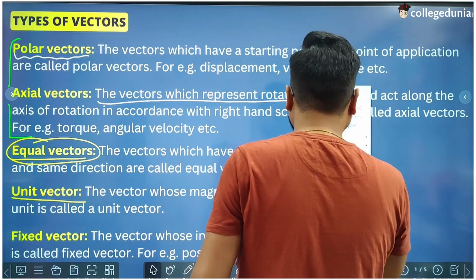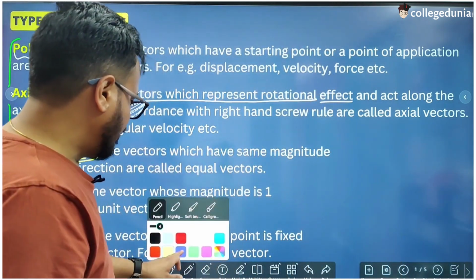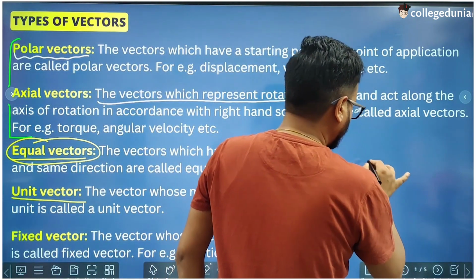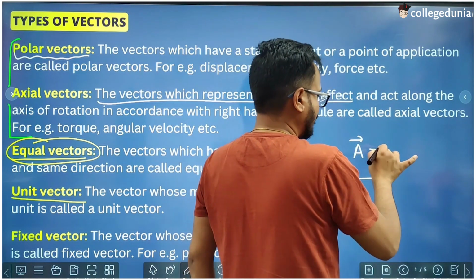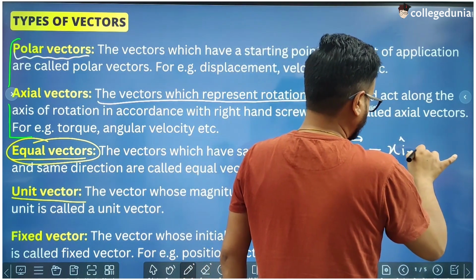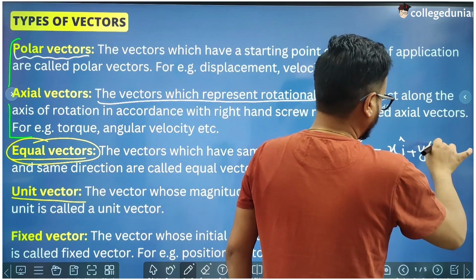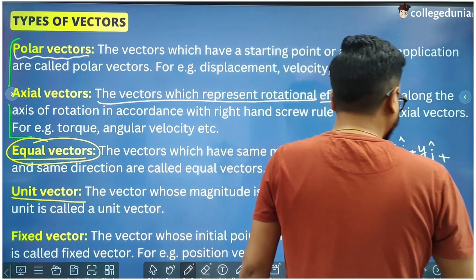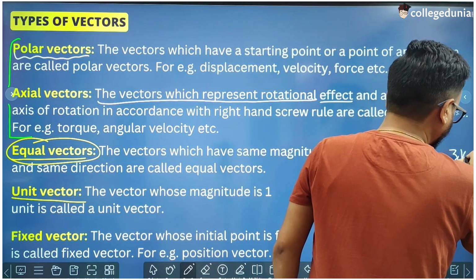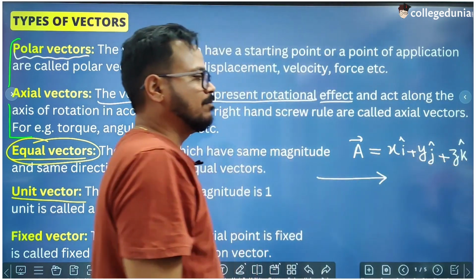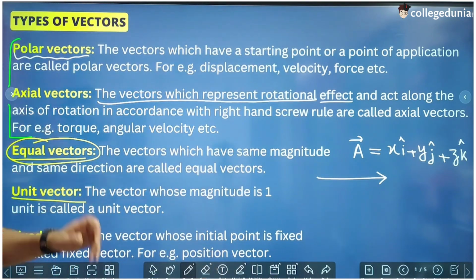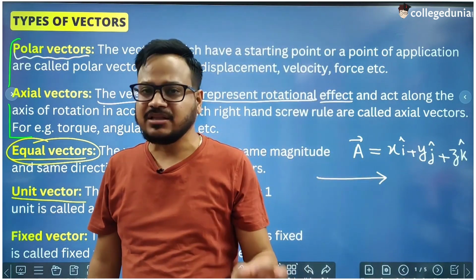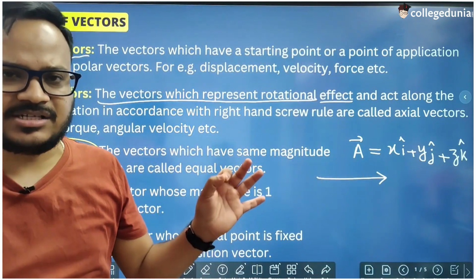For example, if we have a vector A which is x i cap plus y j cap plus z k cap, right? This is a vector x i cap plus y j cap plus z k cap. So these i cap, j cap and k caps are what? These i cap, j cap and k caps are the unit vectors along x axis, y axis and z axis